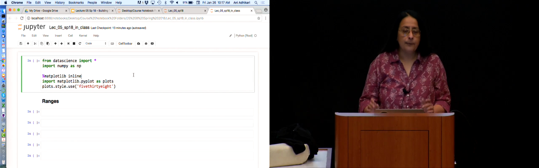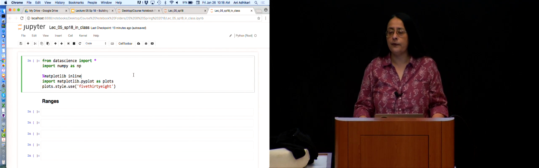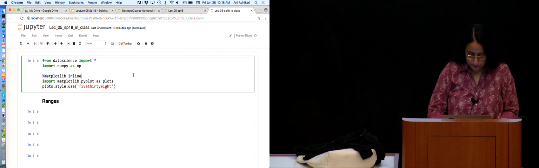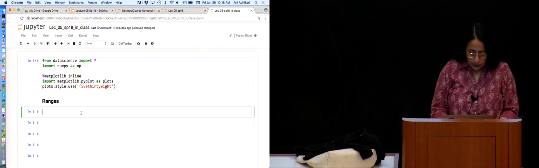So we run that cell because if we don't, then we don't have access to all of this, and then we get error messages saying a table, I don't know what a table is. A table is from data science. Okay, so